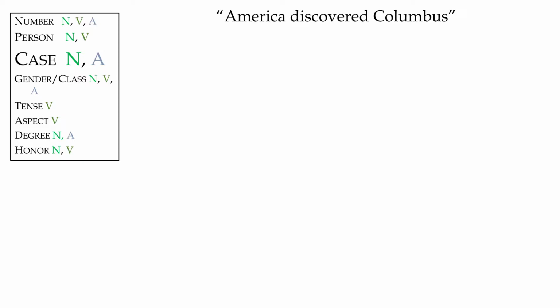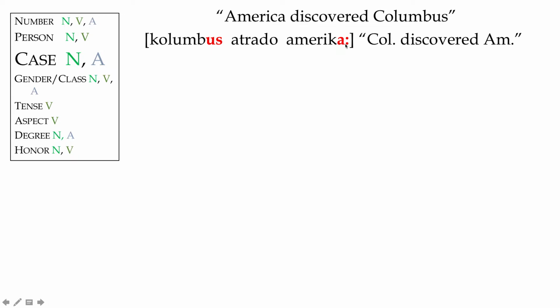We're used to, as English speakers, the subject, the person doing something, always being in this first noun spot, and the thing being done to is always in the second noun spot. So the way that it's written now, I would always interpret America as the doer and Columbus the thing being done to. But in Lithuania, this is not true.